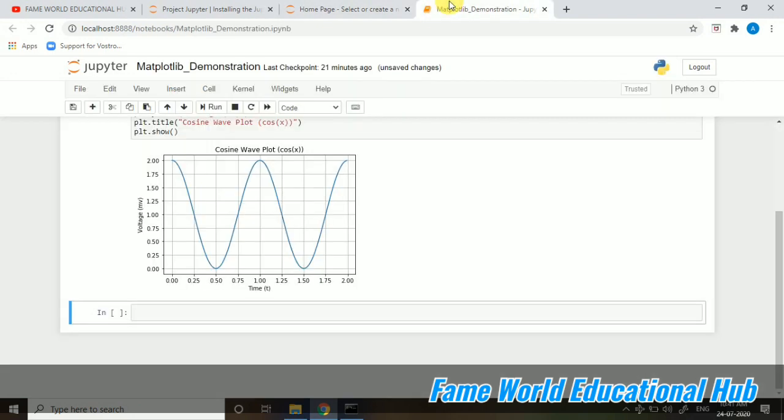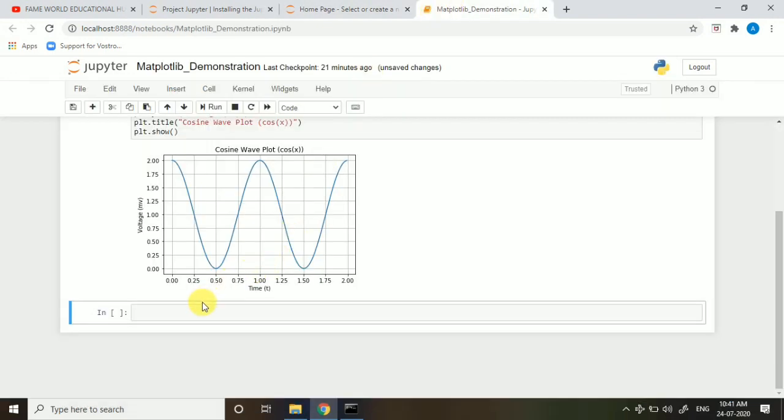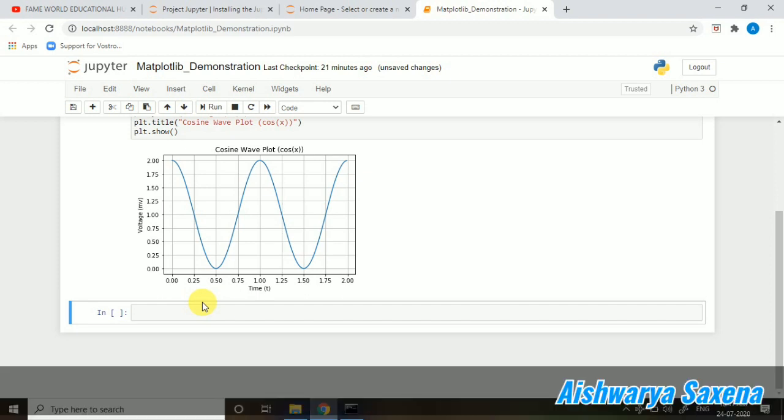I'm using the same notebook again because it is not required to create multiple notebooks for different programs in Jupyter. In the case of Jupyter notebook, we just have to take a single notebook, and there we can create multiple programs. So I'm going to create the subplot. This video will be containing subplot.